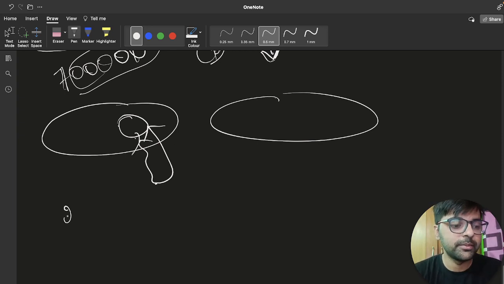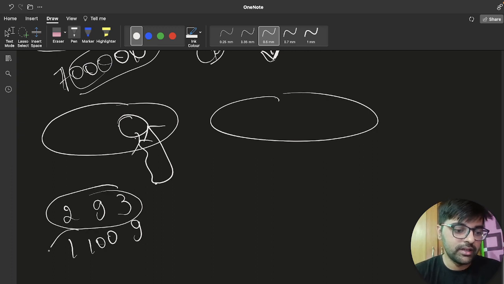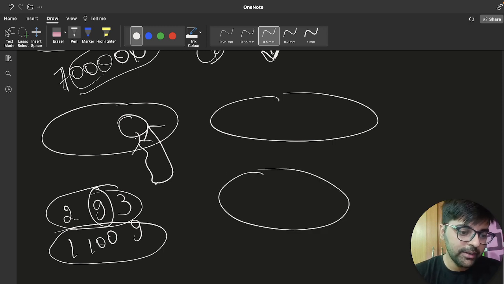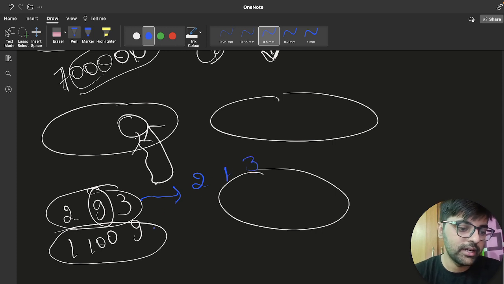Let's say example number 3, 293 and 109, right? Now what I can do, I can make 9 as 1. Let's consider, I am not considering the optimal answer right now. So let's say I made 2, 1 and 3, right?